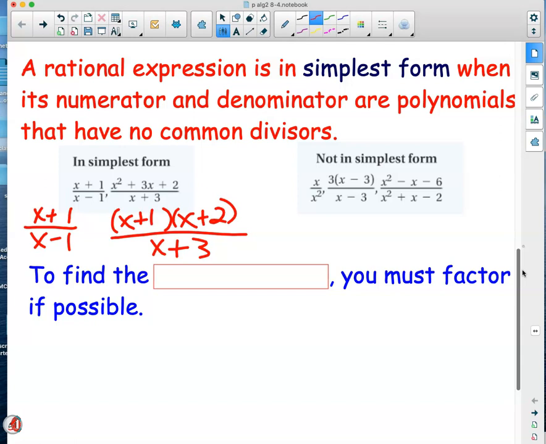Oh, that's why this one is in simplest form. Even though you can factor it, nothing's going to cancel out because there isn't a perfect match in the denominator. Now, just so you know, this is not the answer we would leave if this were on a test or a quiz. We don't take quizzes in here, but if we did, this is not what we would leave. This is, because this shows